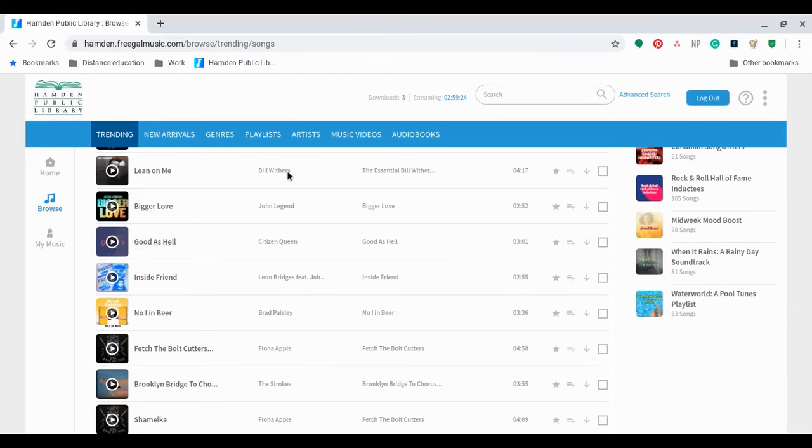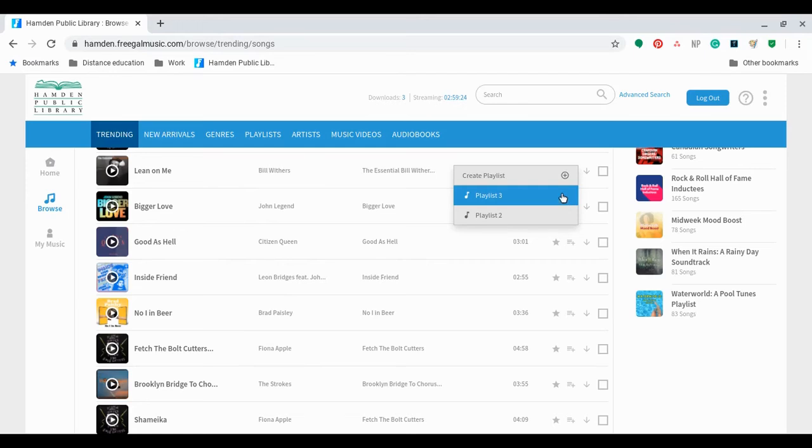To add a song directly to a playlist without taking away from available streaming time, look to the three icons to the right of every song. Mousing over them causes brief descriptions of what they do to pop up. To start a playlist, mouse over the one that looks like three parallel lines and a plus sign. Click it, and this menu pops up. You can then add the song to an existing playlist or create a new playlist.